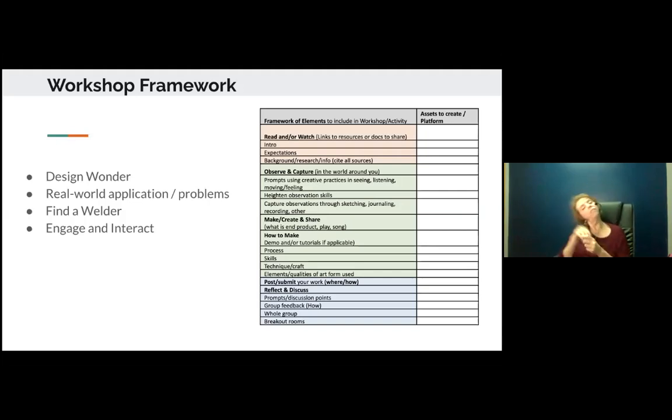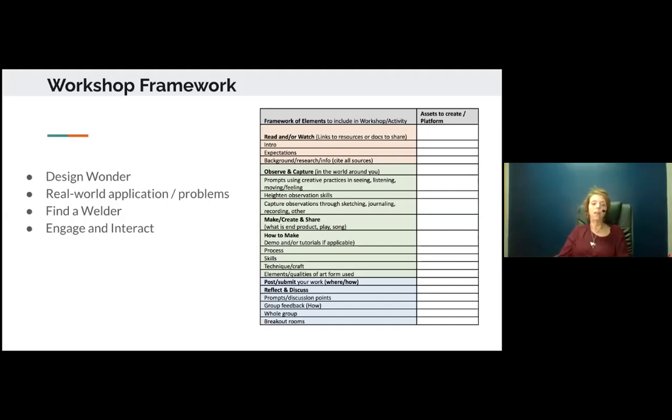So I think it's Donald Judd who had the perfect metal boxes back in the 60s. So you think about, am I going to spend years and years learning how to weld a perfect steel box if that's what I want for this one project? Or do I find somebody that's been welding for 12 years to build that? So that's the find the expert part of that process. And then the engage and interact is what you want students to do, both with their community and all the learning opportunities in the world around them. So just walking through this framework,